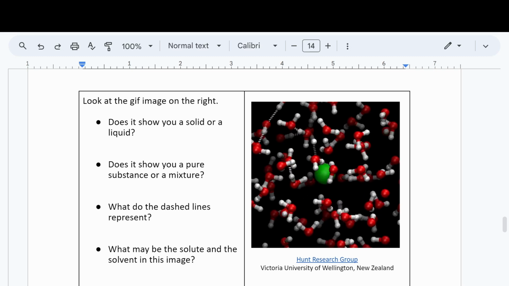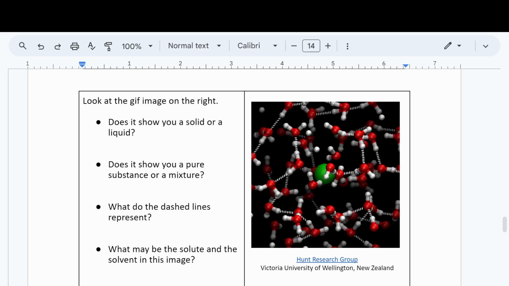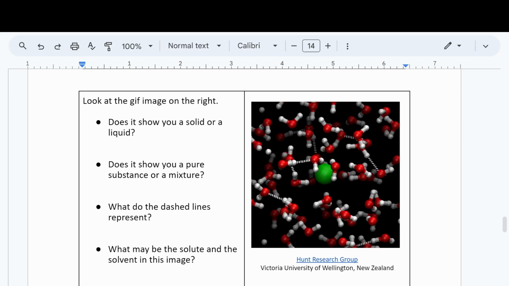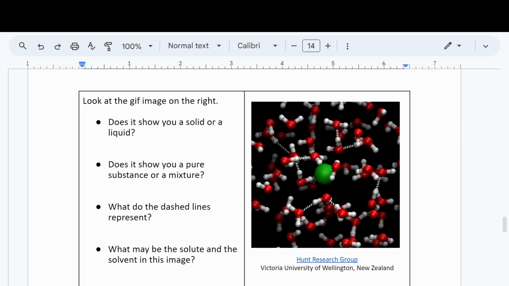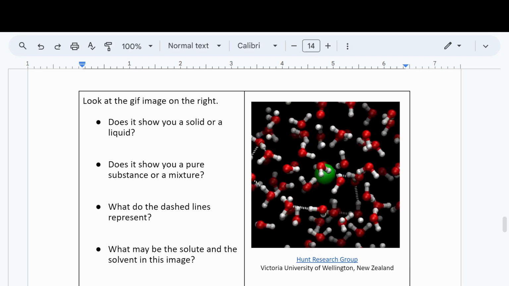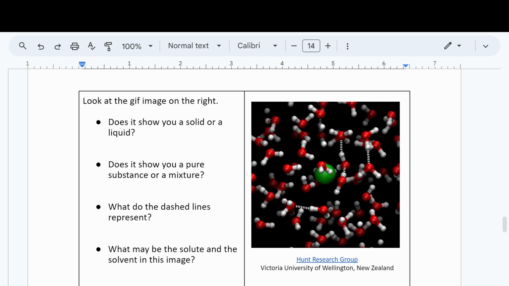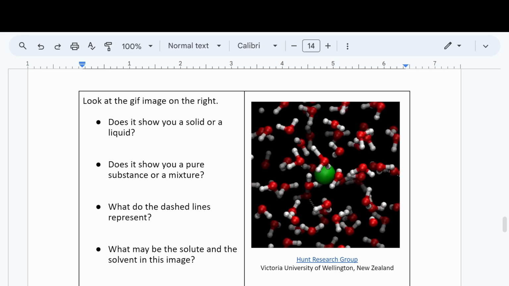The fact that they're looking at a mixture, not a pure substance. The fact that there are hydrogen bonds that encourage the water molecules to stay connected. And the fact that the chloride ion is the actual solute versus the water particles being the solvent. And the next level up would be to maybe address the ion dipole forces between the chloride anion and the